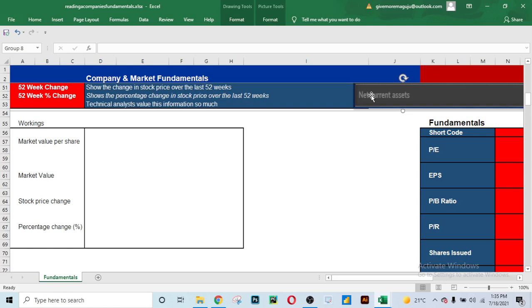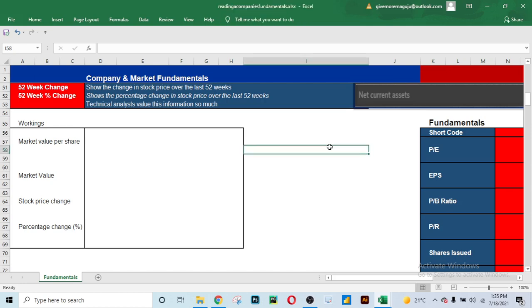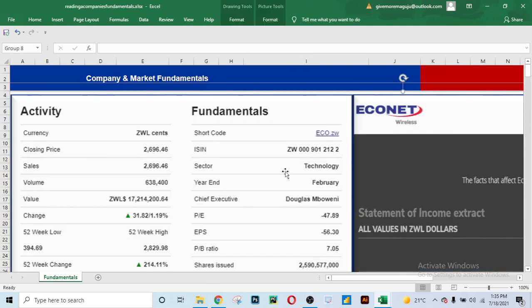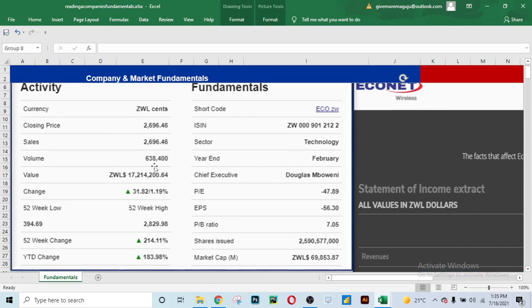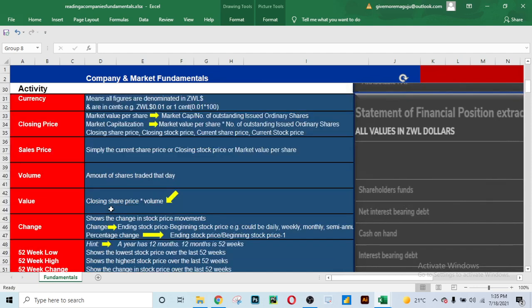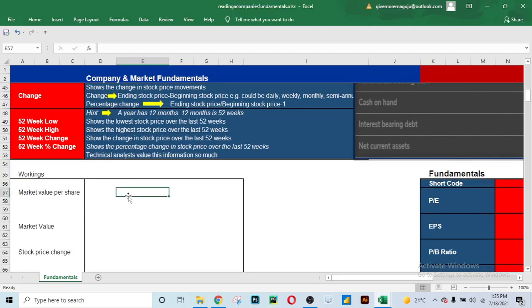Today we're going to look at how to compute the different values that we have seen in this screenshot, because right now I think we can see some values. We can see the closing price, the change and the percentage change, the 52-week low, the 52-week high, and the 52-week change. But this is cool, so I hope you're going to enjoy this section of the tutorial,